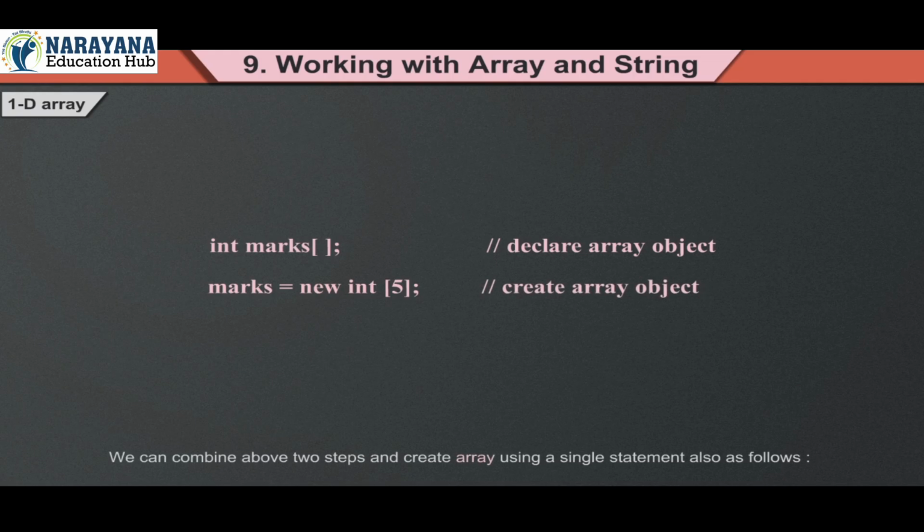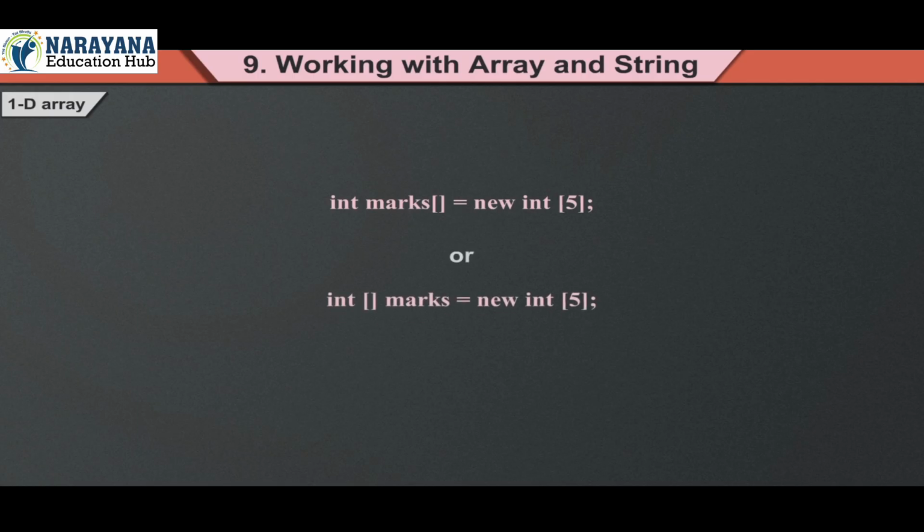We can combine the above two steps and create an array using a single statement also as follows. int marks[] = new int[5]; or int[] marks = new int[5];